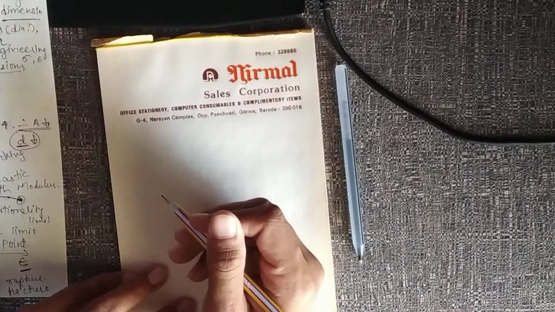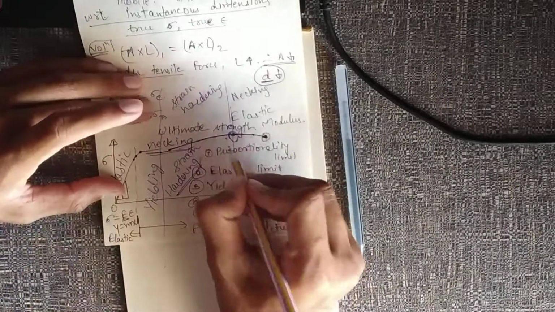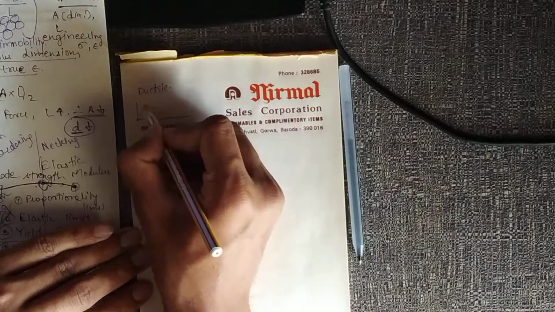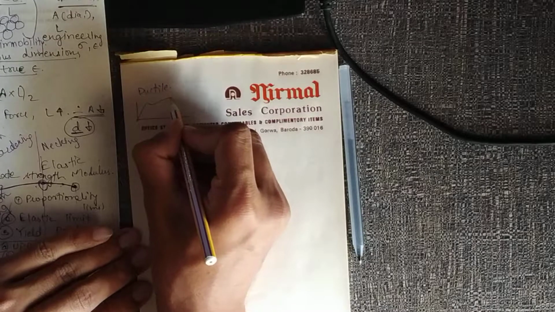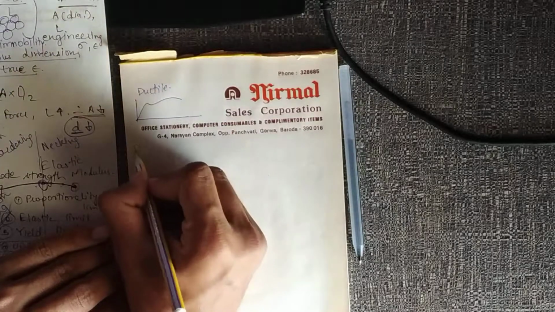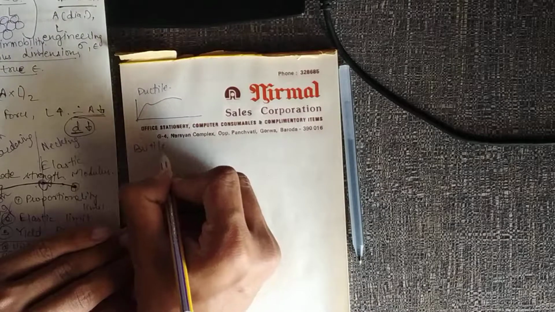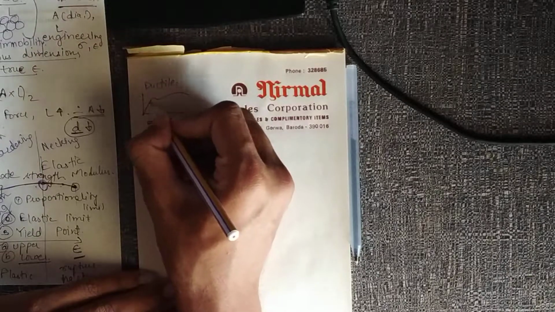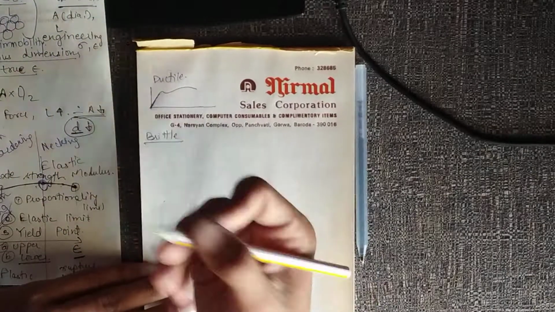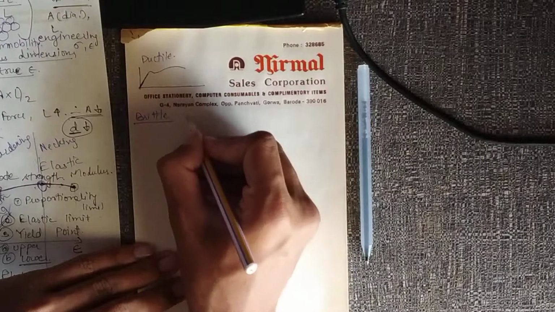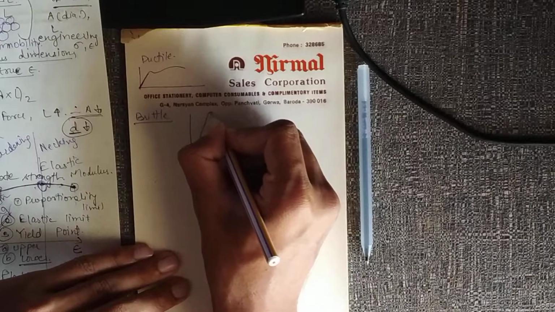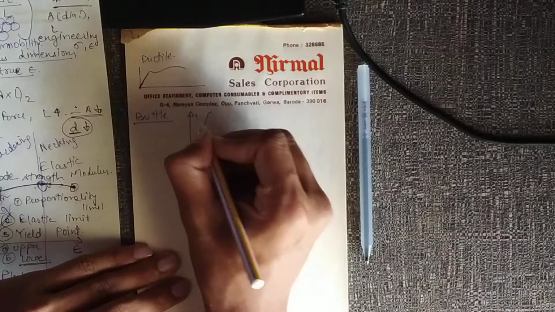So this is a typical curve for ductile materials, where we have a clear yield point, strain hardening, and fracture, while a brittle material does not undergo such strain hardening. The elastic modulus of brittle materials is higher than that of ductile materials, so they have steeper curves, and at the point of fracture they just completely fracture without giving any indication.